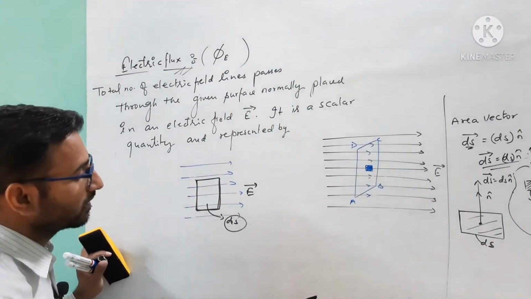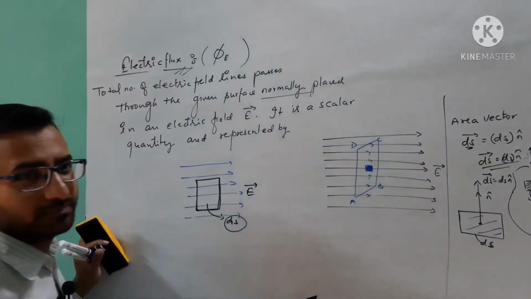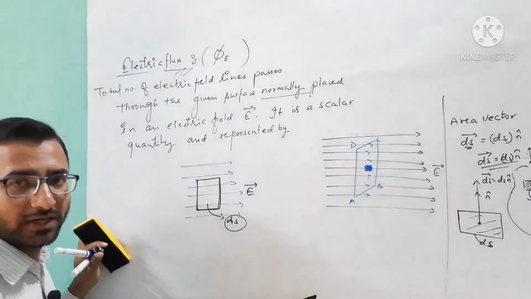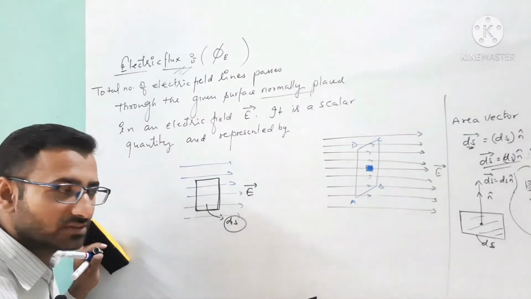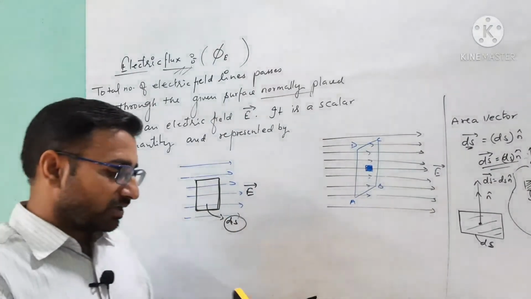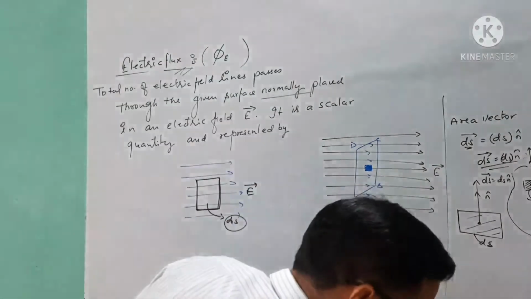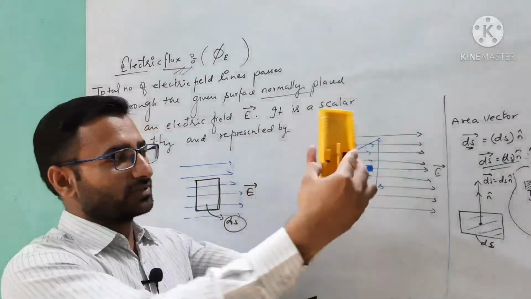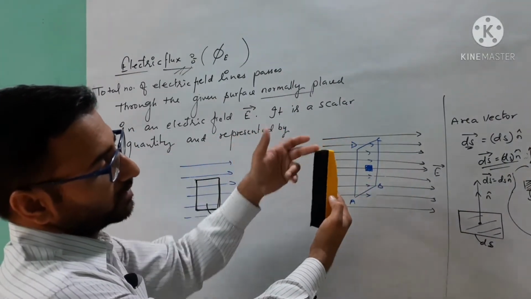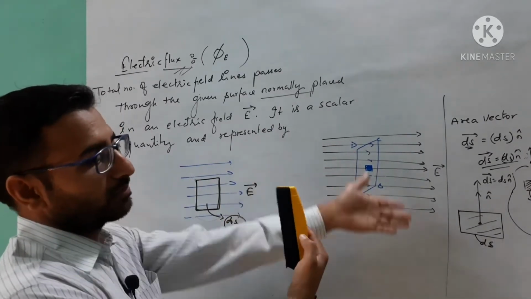But here I am considering this plane is placed as I am saying normally in the given statement, because in normal condition we will obtain the maximum number of electric field lines which pass through the given surface. So here in the definition, the given surface is normal to the electric field, which means if the electric field lines are like that, these are the electric field lines and the given surface is placed normal to it. So the maximum number of electric field lines will intersect or penetrate the given surface so that it passes through it.